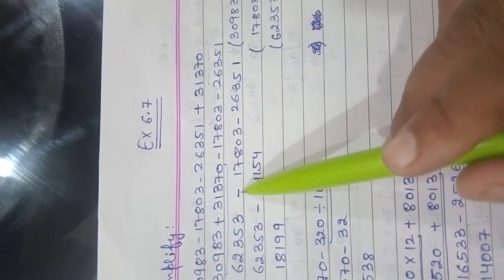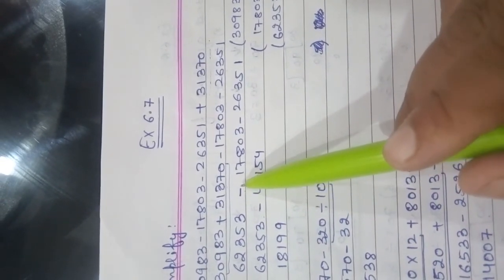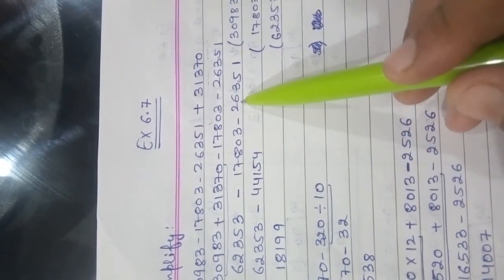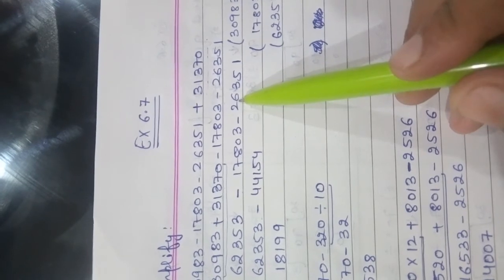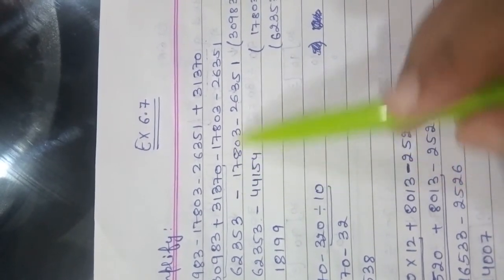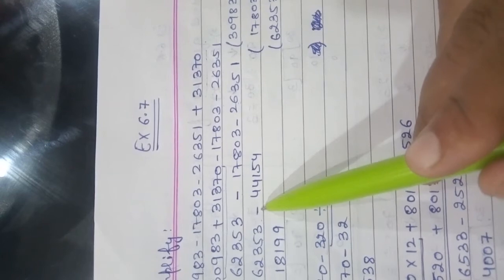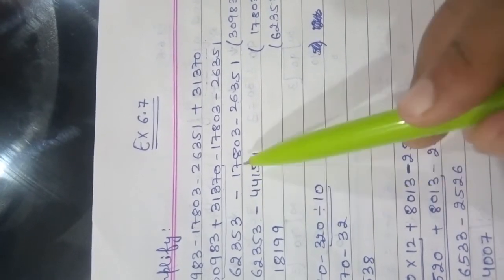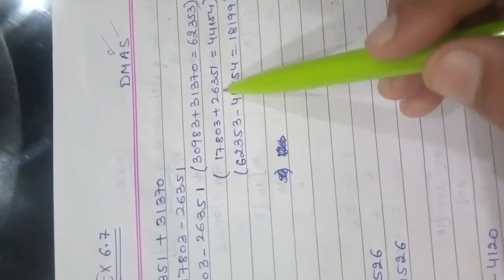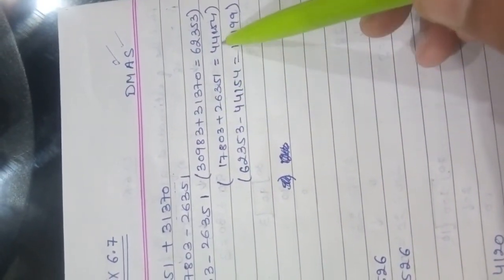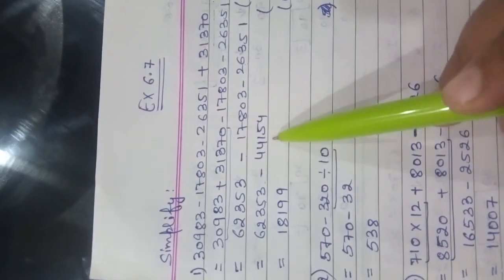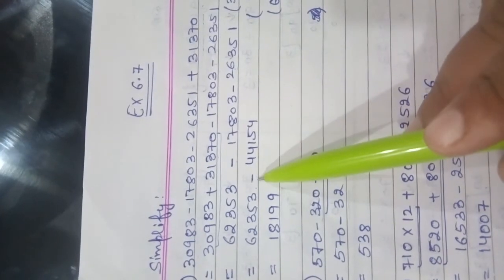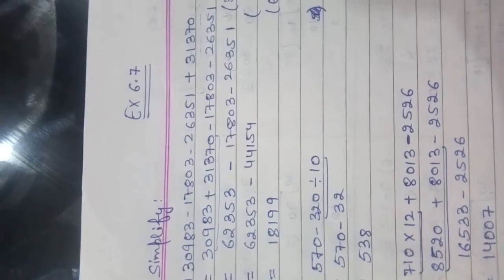Now this term stays as it is because again we have to first add the terms. Here we have the concept of integers. These are two negative integers. When we have two negative integers, it means we have to add these two terms, minus and minus, but the sign will be minus. So minus as it is. Now we will add these two terms. Here I have written them in brackets. After adding these two terms we will get 44154. Here I have written 44154 as it is, and here I have written the minus sign.